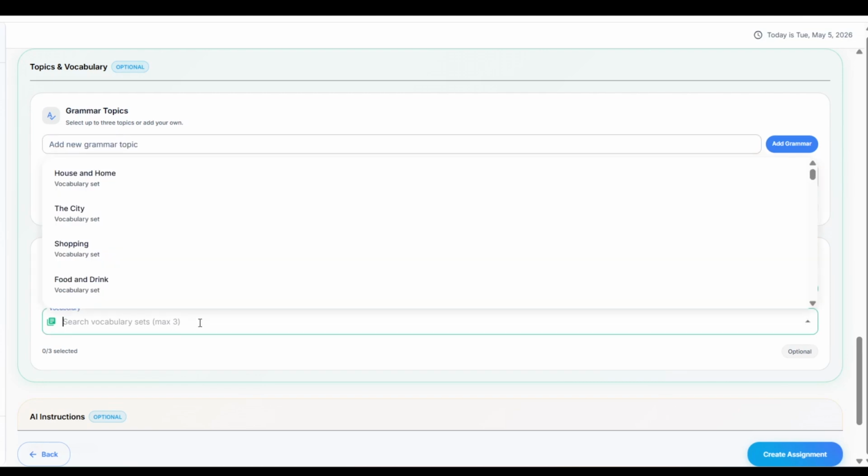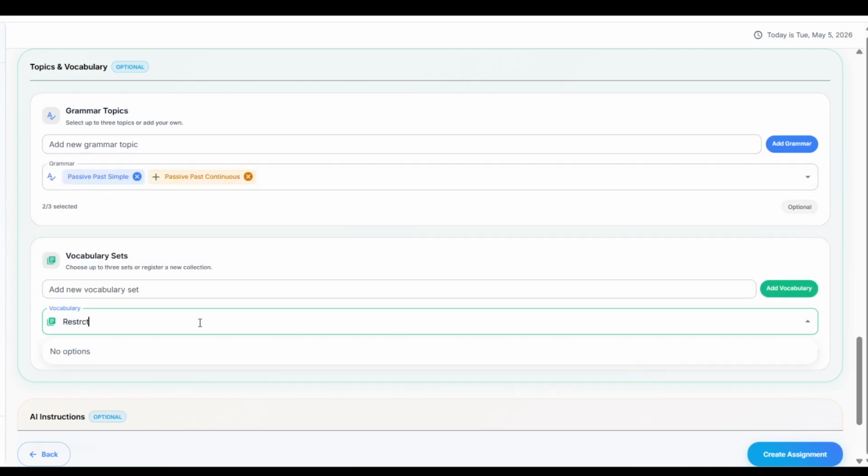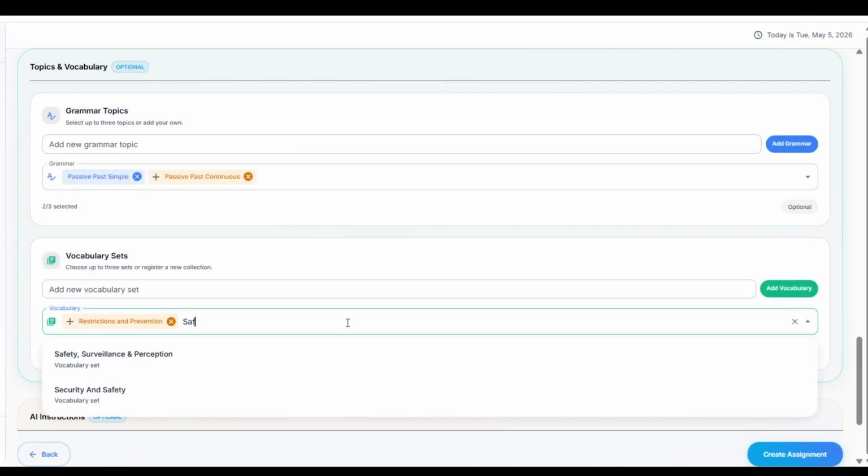And for vocabulary, let's do restrictions. And, oh, I don't see this. So I can add this vocabulary topic. Restrictions and prevention. Add this vocabulary. And let's say I want to do safety